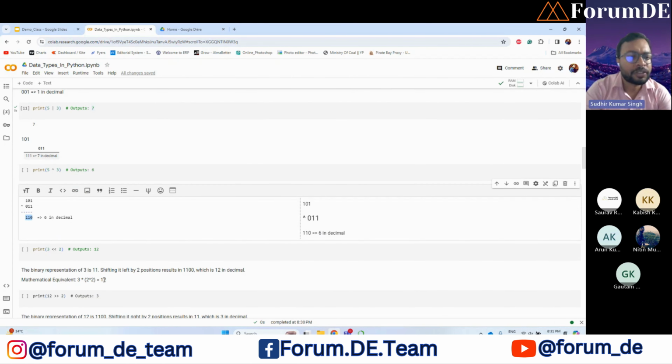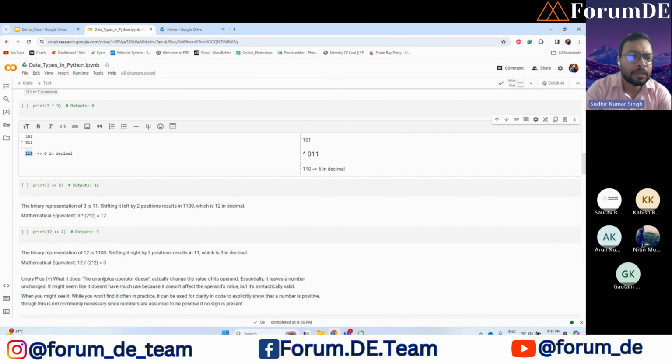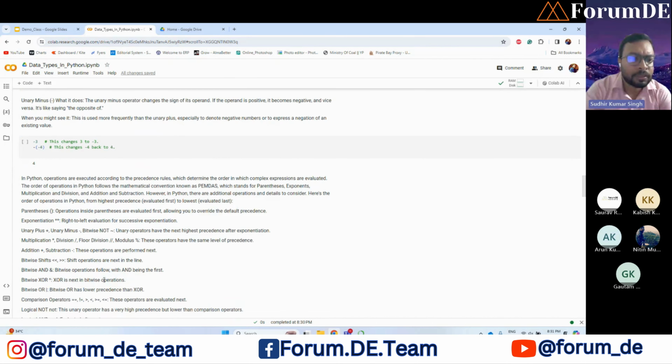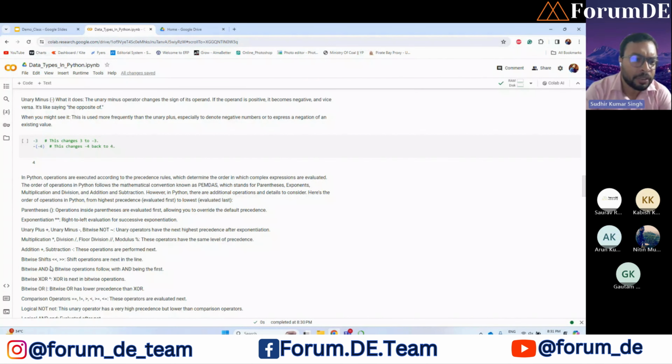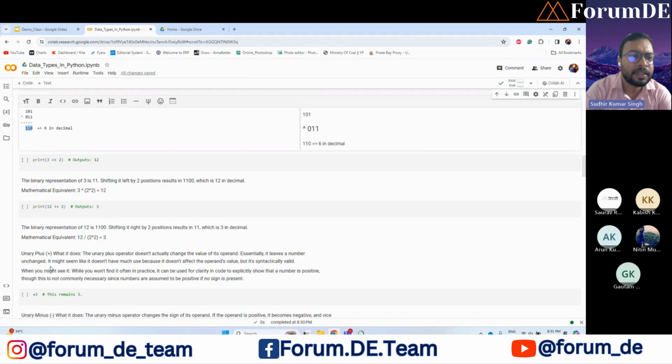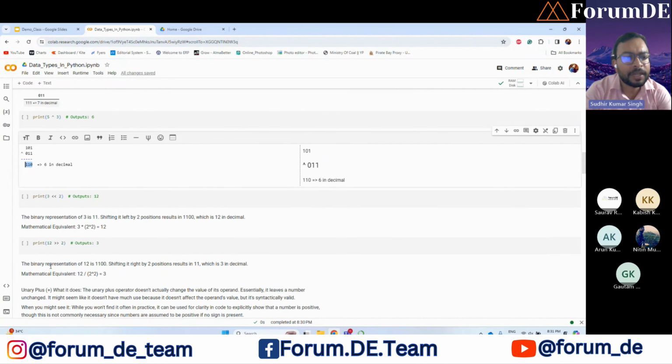And next we have the shift operators. The symbol for the bitwise shift, let me show you. One is the bitwise left shift operator, and the other is the bitwise right shift. So how to operate this, meaning how to get the output from this. If you ever encounter such a symbol, like two inequality signs simultaneously, then what you do is